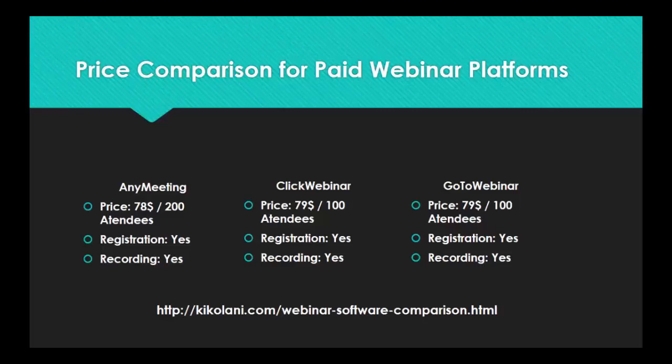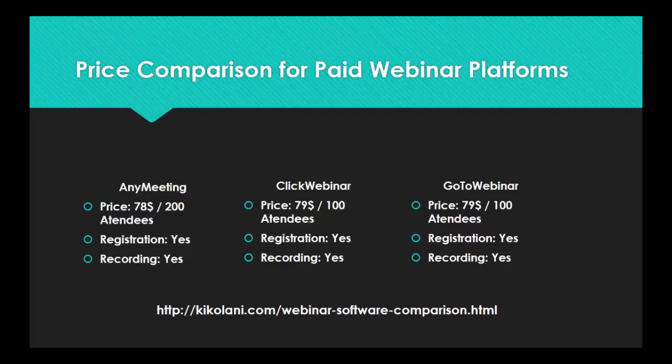First of all, we have AnyMeeting, which is a pretty huge webinar platform. It's pretty good. I actually used AnyMeeting a couple of years ago, 2 or 3 years ago, when it was still forever free. That's how they said back then, that it was still forever free, but in the meantime they turned it to paid. But no worries, if things work out for them, that's okay. So the price for AnyMeeting starts from $78 per month for 200 attendees. You have registration forms, obviously, and you also have recording for your webinars.